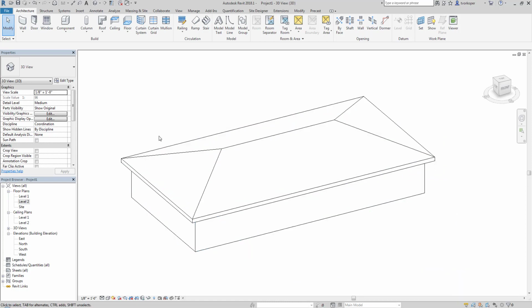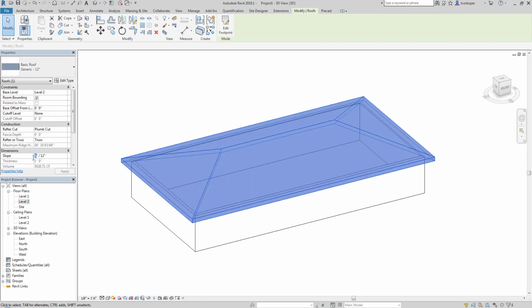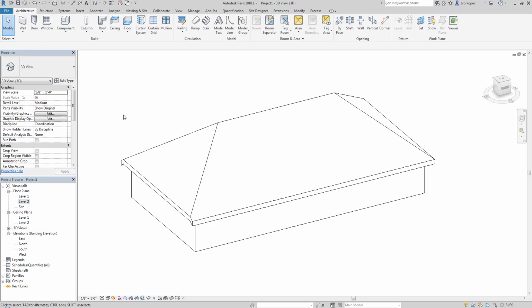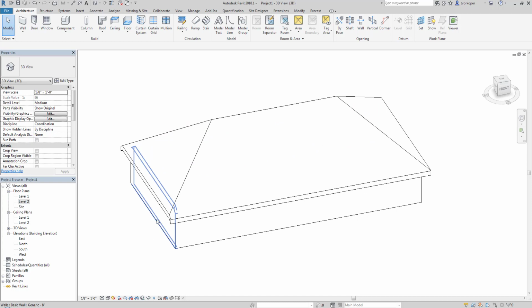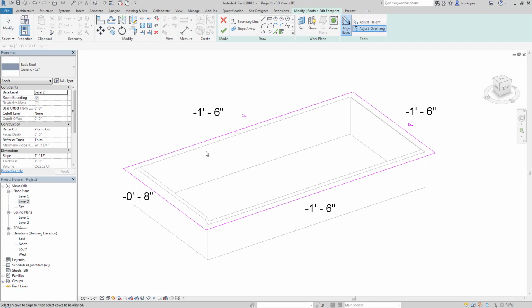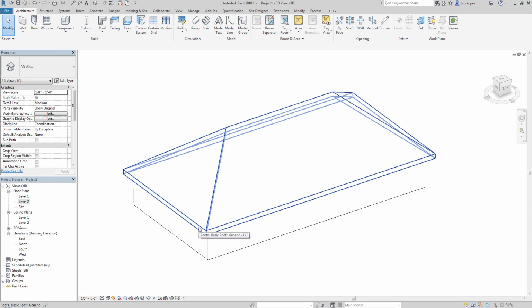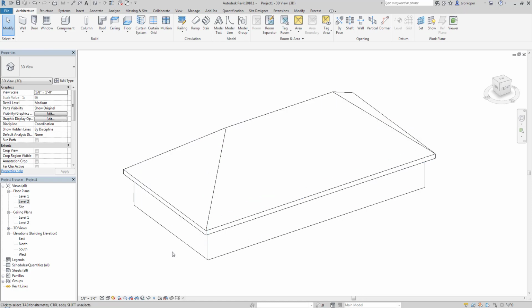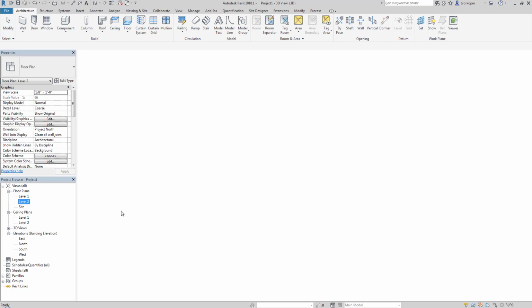Let's now take a look at creating a roof by extrusion. To do this, I'm going to keep this roof, but I'm going to change the roof slope to 9 and 12. Oops, we have the little align eave issue again, so we can select this, edit the footprint, align the eaves, and we can select that and that, finish the sketch mode, and we've cleaned up that corner. Let's go ahead and create a roof by extrusion. In this, we will draw the profile of the roof, and then Revit will extrude the roof through space to create the three-dimensional form. So we can start with level 2,